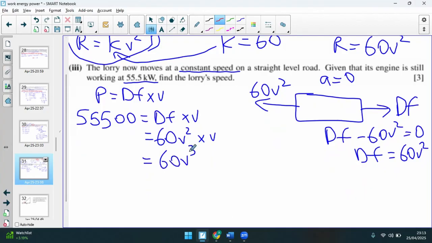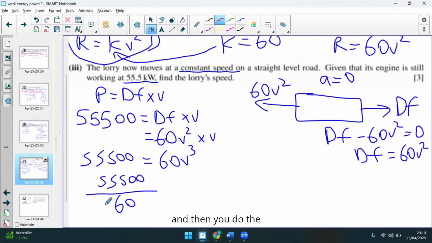To solve this equation, you divide by 60, and then you do the cube root. And that will give you your speed, velocity. So we're going to stop there